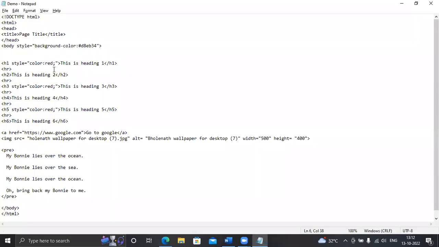Let's see, h1 style equals color red, or let me do it in the h2 tag. Style equals text align colon center. I want to move it into the center, and let's check if it's working or not.